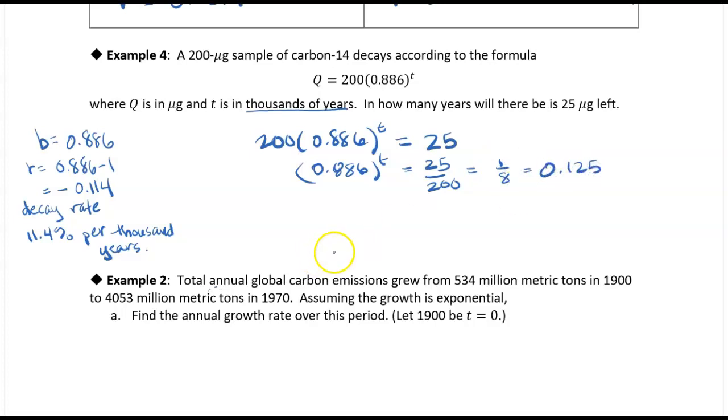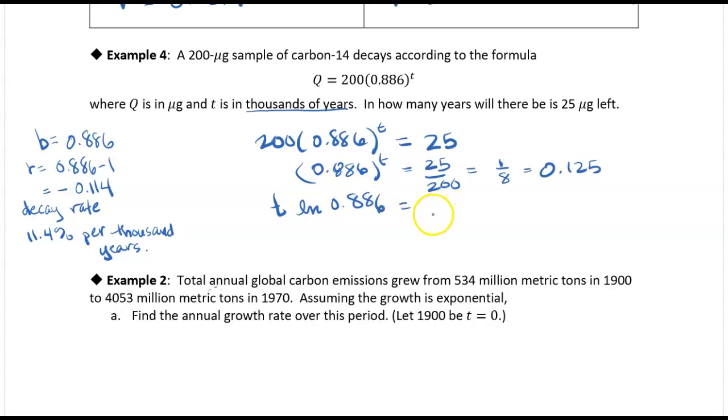0.125. Okay. So now I can take the natural log of both sides. Now again, taking the natural log of both sides allows me to get the t out of the exponent position. I should also mention, I could take the log base 10 of both sides. It really doesn't matter. I just want to take a log of both sides. Natural log is convenient enough, but I could also get the same answer by just taking the log base 10 of both sides. All right, so if I do that, natural log of